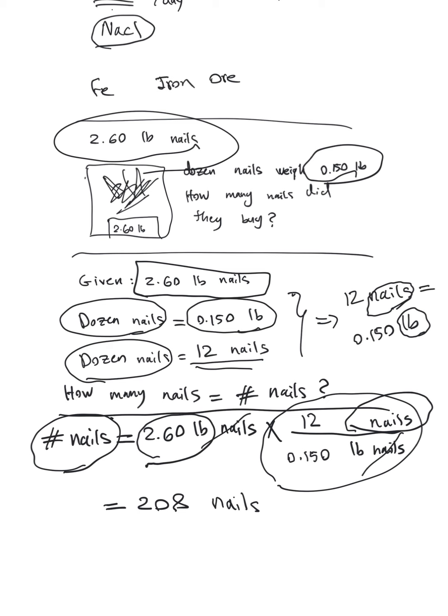So you know the weight of the dozen, and depending on the weight of the nails that you bought, you can calculate with just a simple conversion factor how many nails you bought. Is that clear? You just write a conversion factor. So